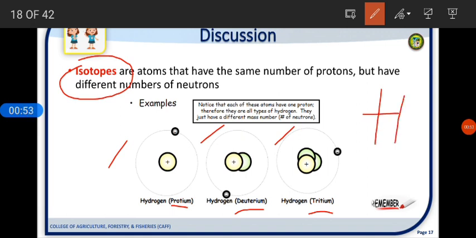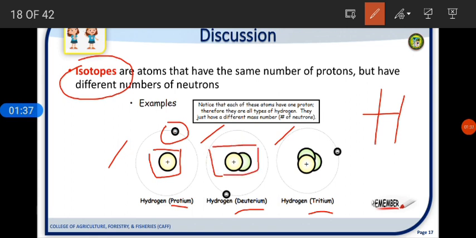So in protium, there is no presence of neutron. Look at this one. That positively charged circle there is your proton. And this one, the very small subatomic particle with negative charge, that is your electron. But can you see the presence of neutron? No. Because the protium has no presence of neutron. But look at